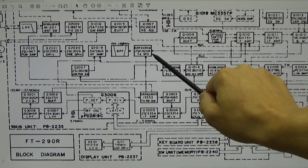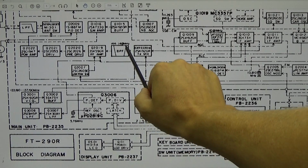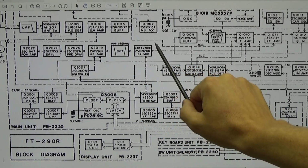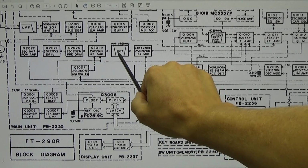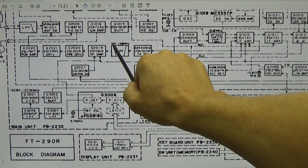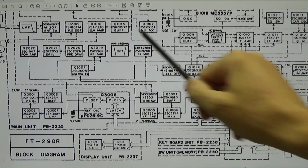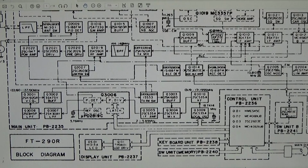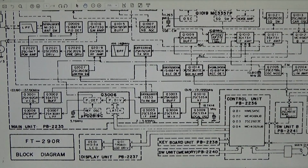If something is wrong with our ALC, then of course our IF amp cannot amplify, and then our mixer can't work, because we have here a band pass filter from 144 up to 148 megahertz, and you have seen that we only measure a very, very little output power,